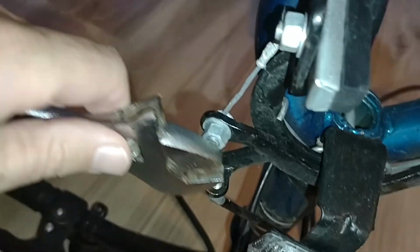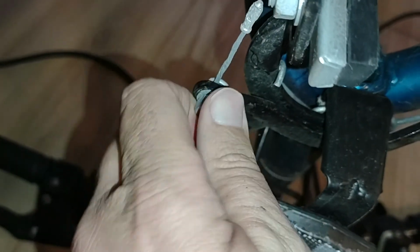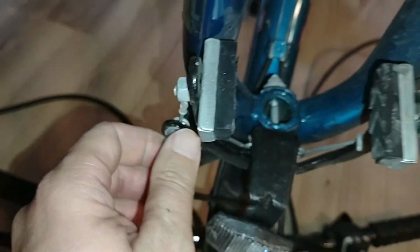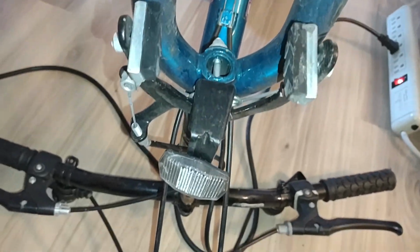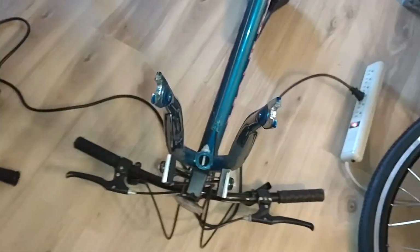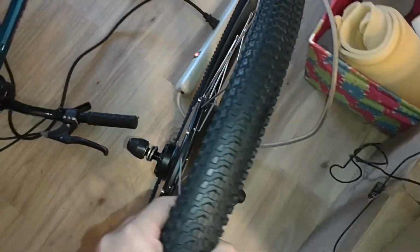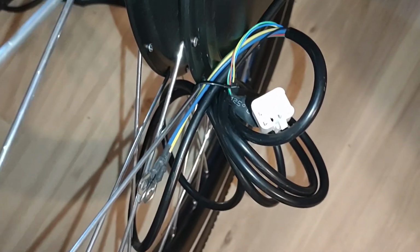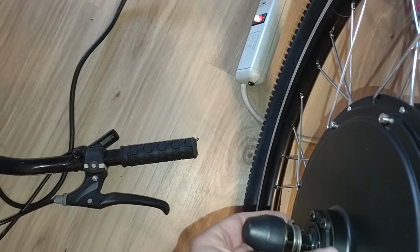Okay, so we'll loosen these brakes up a little bit. There we go, that ought to be enough. Look at that. Okay, and let's see if we can get this tire on there for a test fit. Okay, I got all these. That one is already screwed out. You can't really screw it either way until you clip that zip tie on there. And this one's screwed out. See, there's little